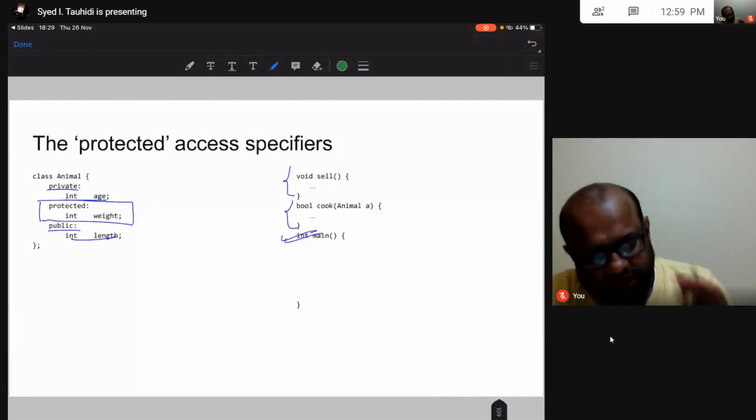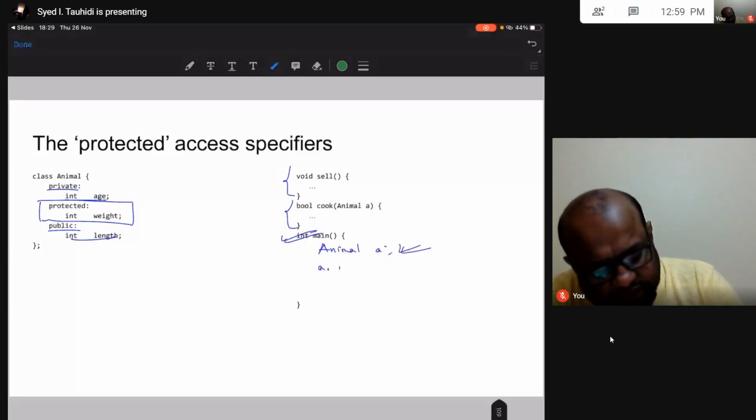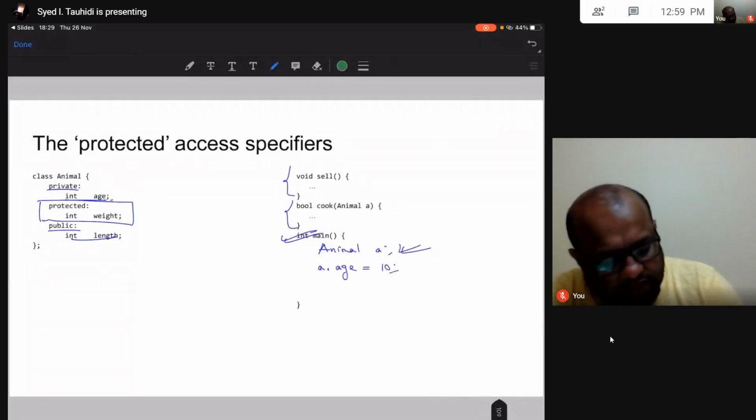All right. So in this main, let us say I have created an animal object. This is completely allowed. Now a dot age, I am trying to set equal to 10. Age is private, so I know this is not allowed.